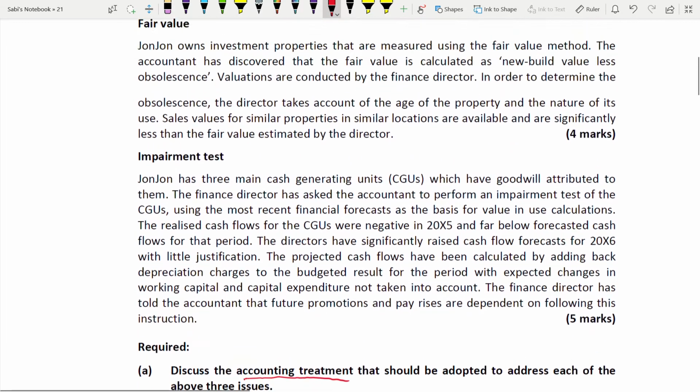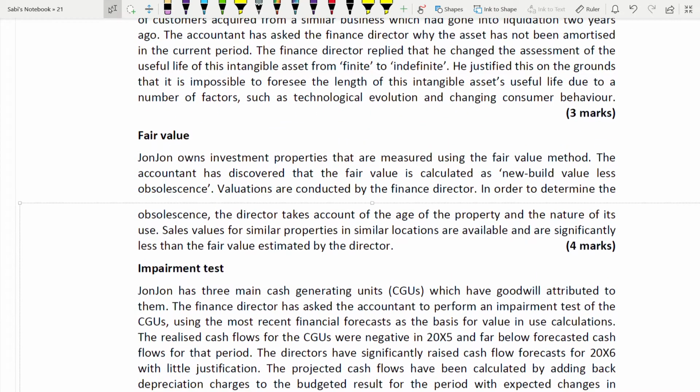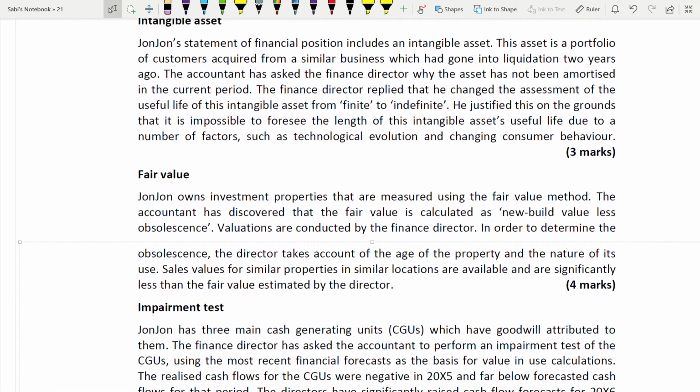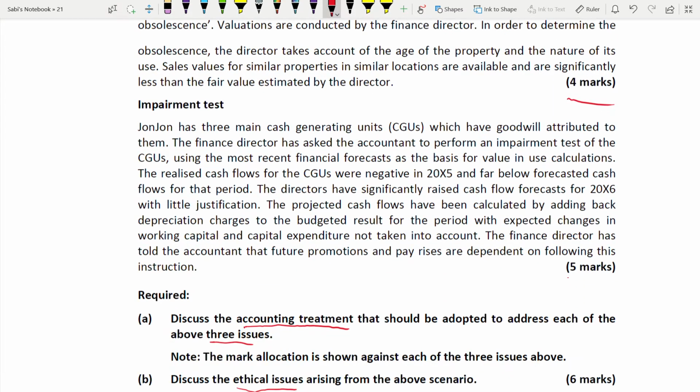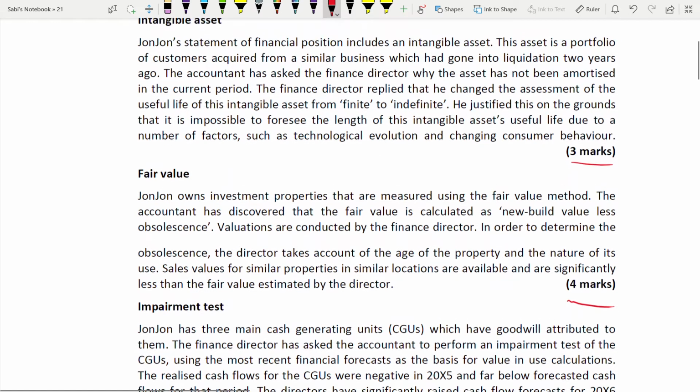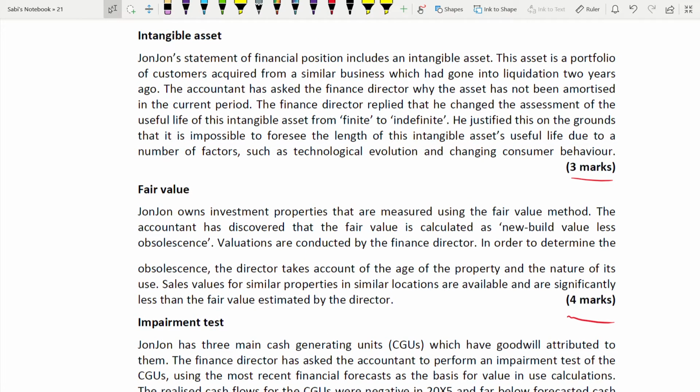Now I'm going to go through this one. It's your choice that you can answer these questions in any order. Any issue you can take first and solve it. The marks are given here, 3 marks, 4 marks, and 5 marks. But it's my practice to always follow the order, because anyway I have to do it. Whether I do this or that, I have to do all. So I don't waste so much time deciding which one I should do first or which one is easier. How will you know if something is easy or not? You definitely have to read everything, and then you will know this is easy, this is hard. By then I will have lost a lot of my time. So I don't do that.